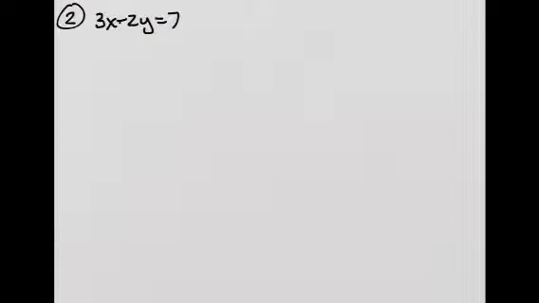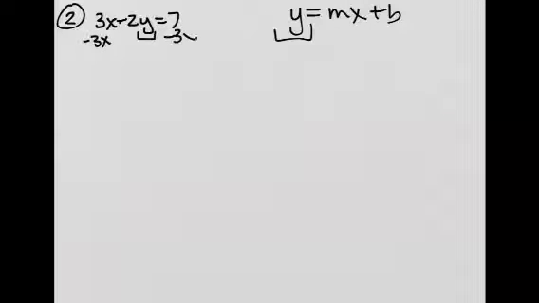So you're being asked to find the slope and y-intercept. Remember, the easiest way to do that is to convert the equation into slope-intercept form, mx plus b, which means that we have to solve for y. We have to isolate the y right here, right? So first thing we're going to do is subtract 3x. So I get negative 2y equals, and I'm going to write the x first just to follow this pattern, negative